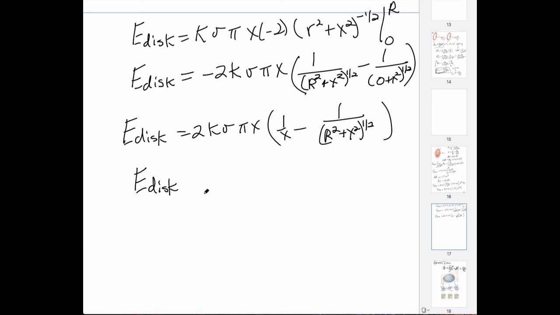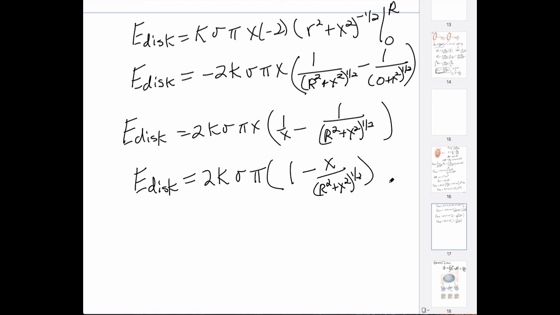The E field from a charged disk whose charge is plus q and whose radius is capital R at a point P, which is at a distance x away, the E field at that point is, let's write it this way, 2 times k times sigma times pi times 1 minus x over R squared plus x squared to the 1/2 power. And I know it seems like this isn't all that useful, but you'll notice that